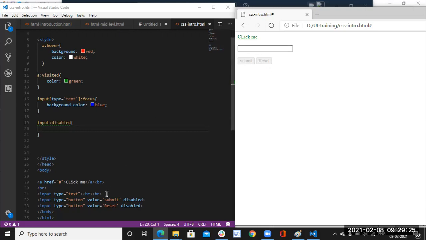But you want to change that background color to some other color when the button is in the disabled mode.